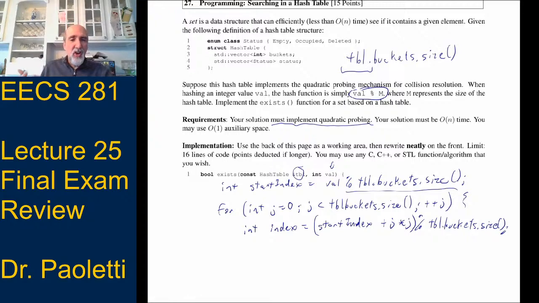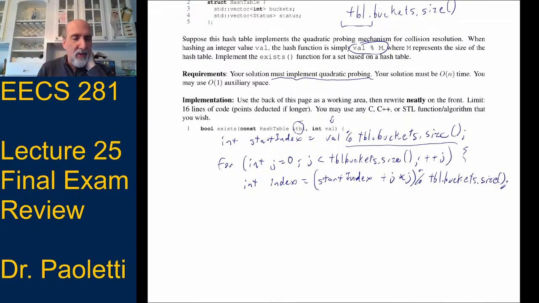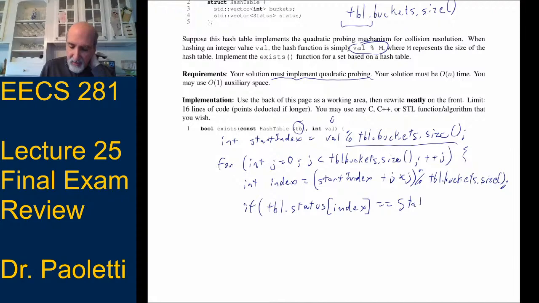So we've got to check a couple things. We've got to check if it's occupied and the right value. We've got to check if it's empty. We can do them in either order. It doesn't matter. Let's do it in what I expect students like to do first. They want to know if they found it. So we can do an if: if tbl.status at this index is equal to, this would be looking for occupied, status::occupied.